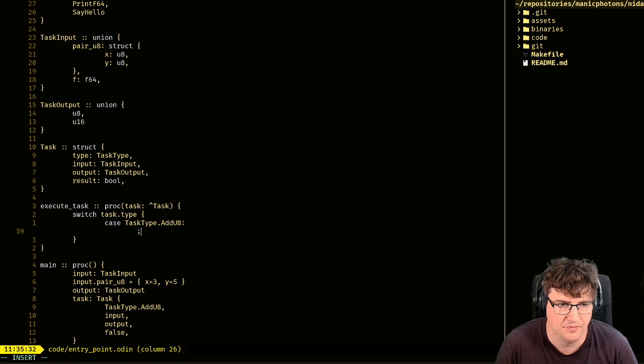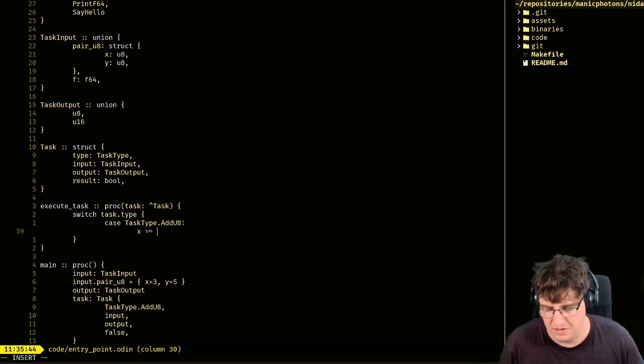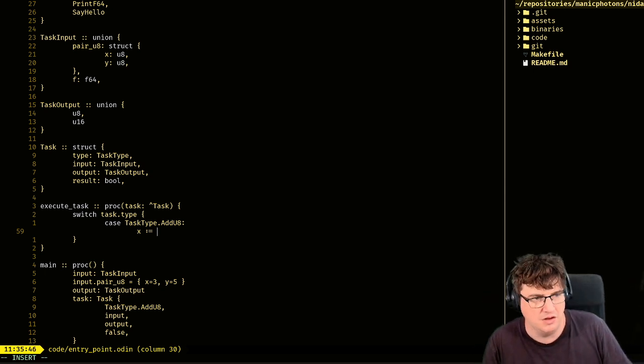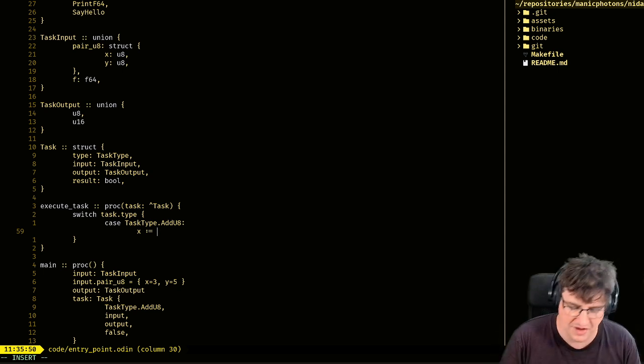So I would do something like x is defined equal. Sorry, my keyboard layers have been a bit of a pain. For those who don't know, I use a 40% keyboard, but I'm currently trying out a new configuration, so it's taking me a little while to get my typing up to speed.